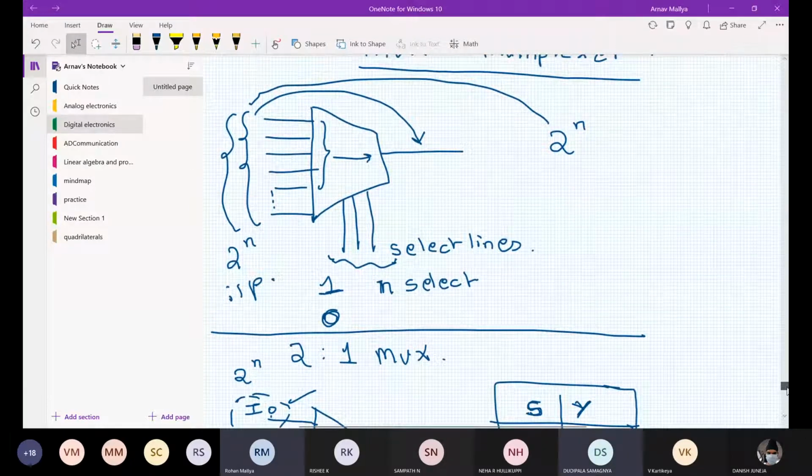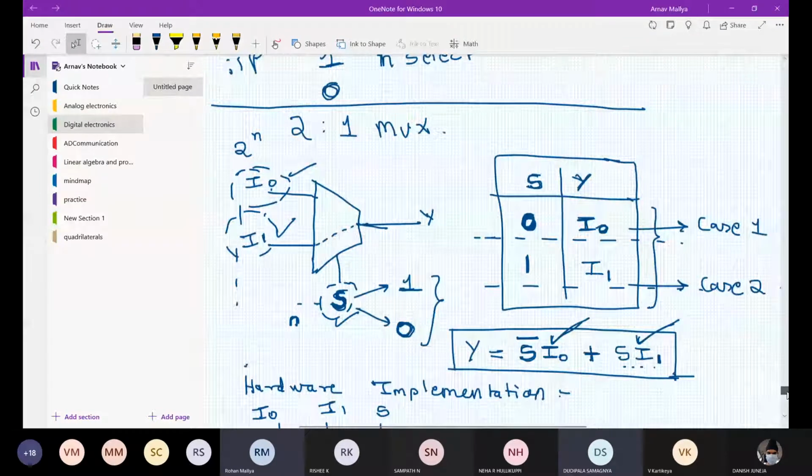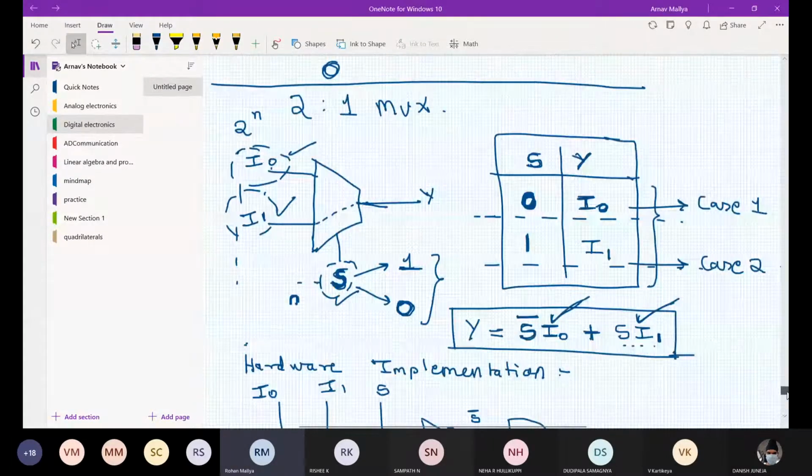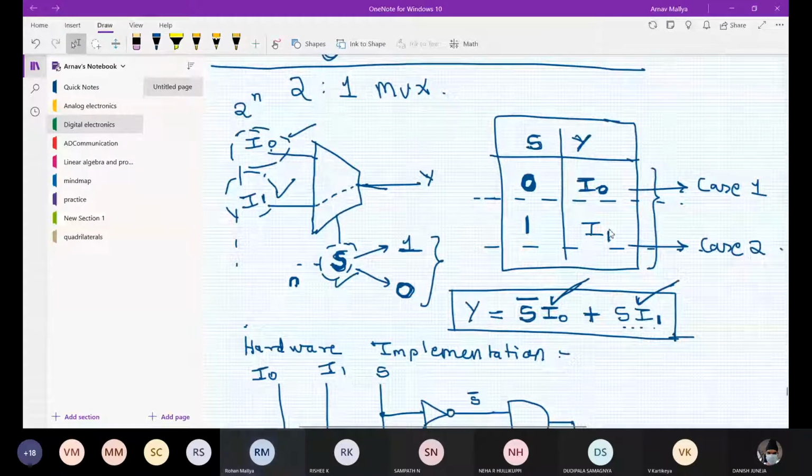So when I have a lot of input lines and I need to cut down what I'll be transmitting, I can't transmit all these input lines. So using this select line, I will make sure which of these inputs will be my output. From these many input lines, I'll cut down to one input line, and this one input line I can transmit wherever I want, instead of transmitting the data from these two lines.